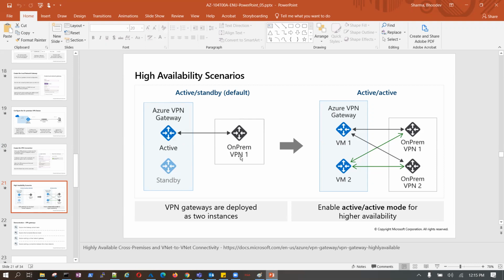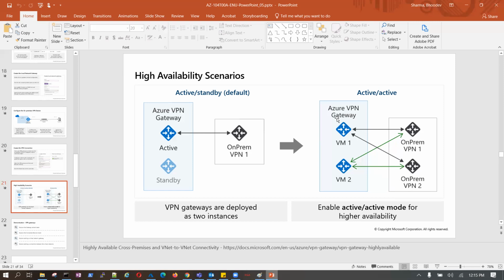This is on-prem. Now I'm going to active-active. What can we have? We have two VPNs, correct? VPN 1, connection 1, connection 2. This is nothing but a connection, right?